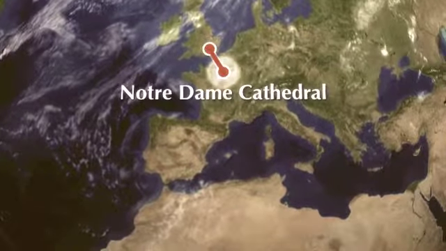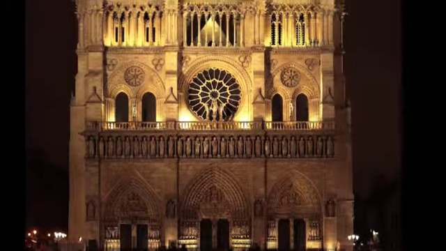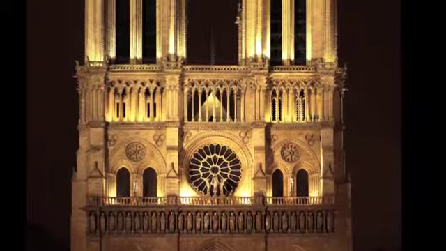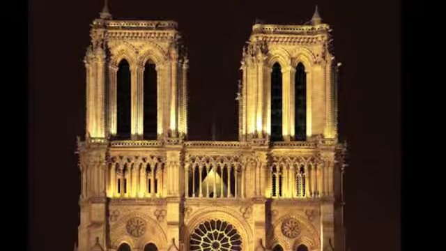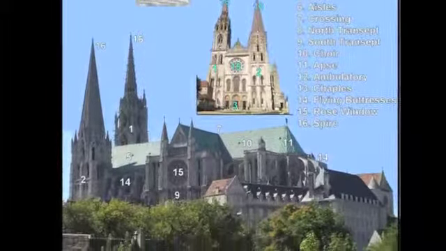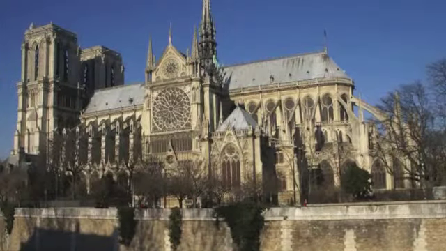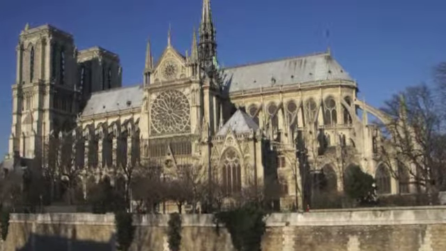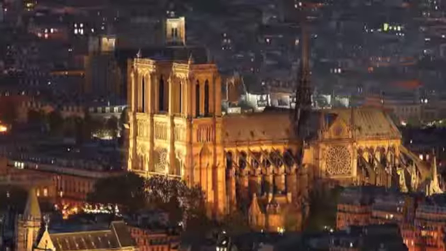The construction of the Notre Dame Cathedral began in 1163 during the reign of Louis VII. Numerous architects worked on the building of the cathedral, which is shown by the different styles and the different heights of the west front towers. The towers were finished around 1245, and the cathedral was finally completed around 1345.